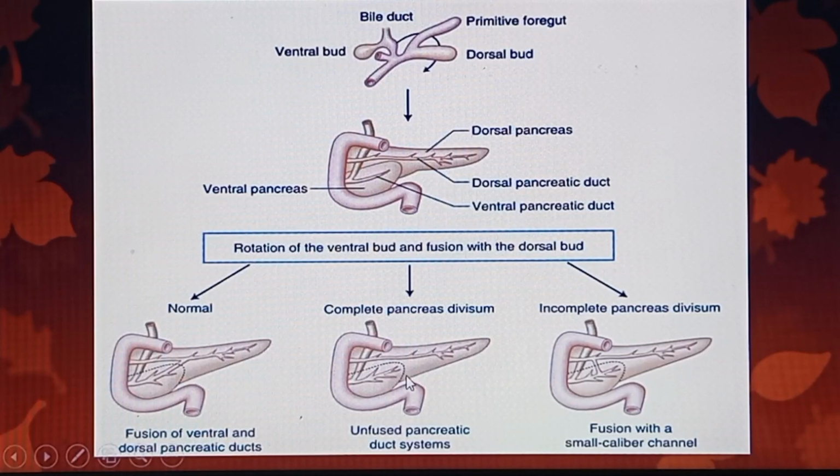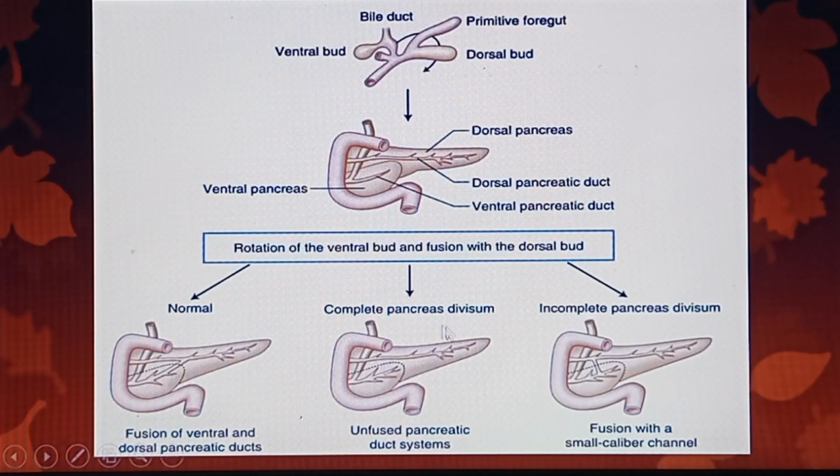Now, there could be a situation where there's complete, okay, now let me talk about this one before I come to the complete one, where there is that kind of incomplete pancreatic divisum. Yes, I want you to know that. And that's not actually the classic one, because what we see is that there will be some kind of small caliber channel by way of the duct anastomosis. Okay, so it can happen. So this will be a milder form of this pancreatic divisum,